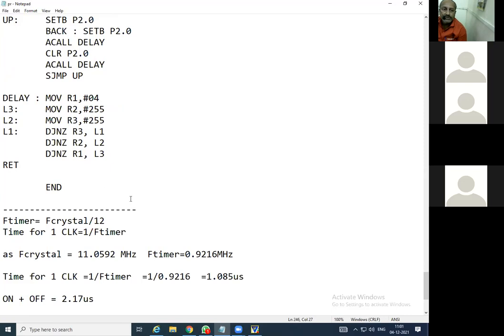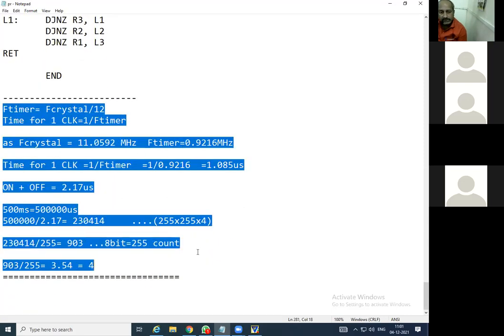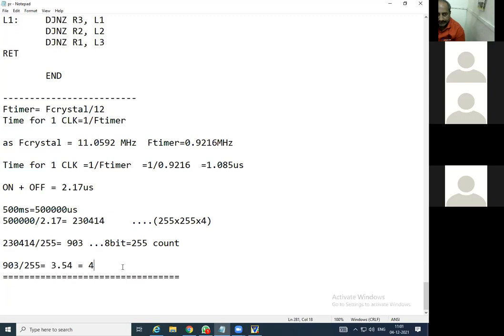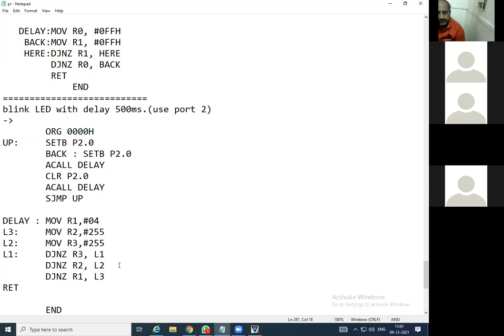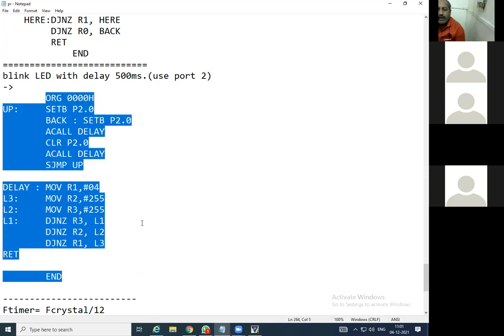For that, you can check out this particular calculation. Just note down this formula as well as this calculation for 500 milliseconds. First we will go with this program, and then we will see how this delay was calculated.